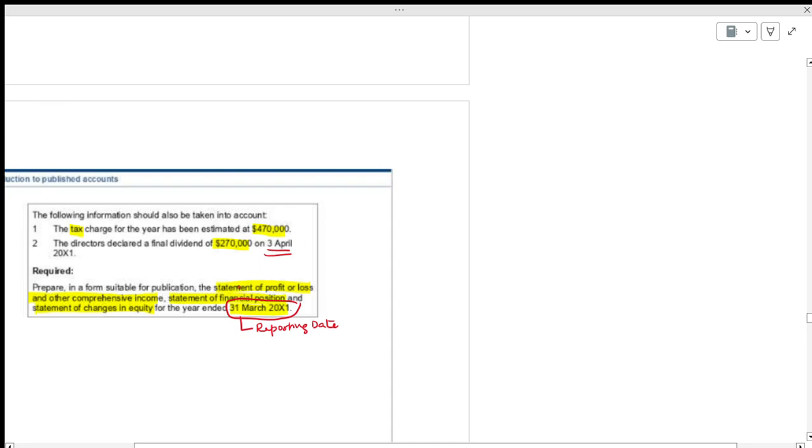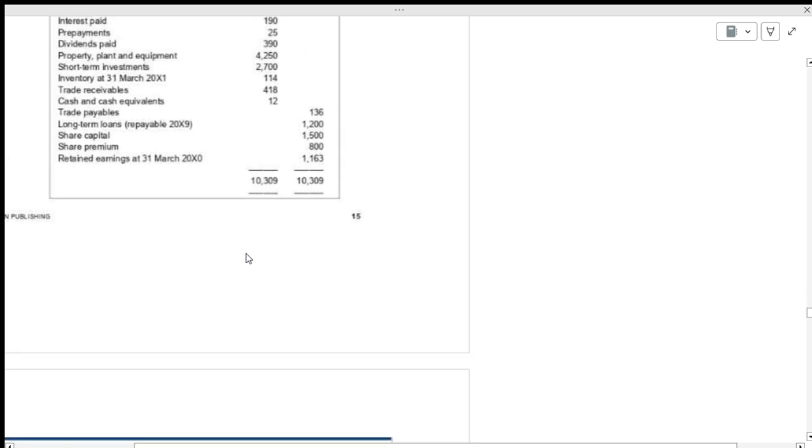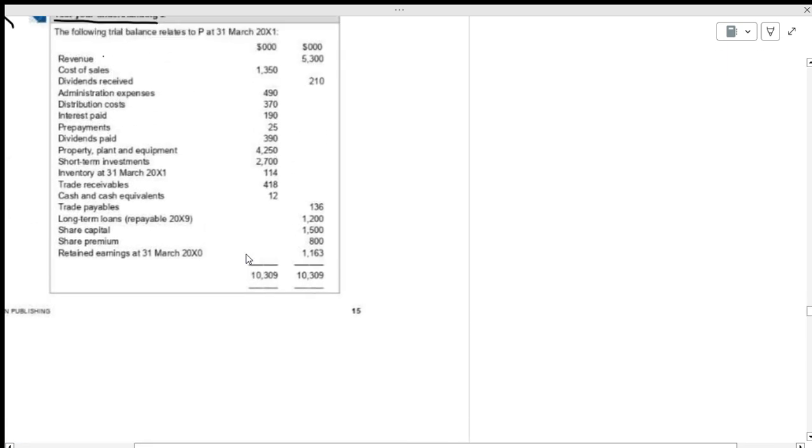If they are paid after the reporting date, should we take them or not? We should not take them. Fine? Now,